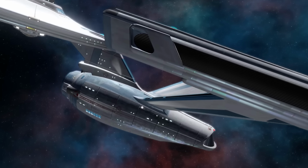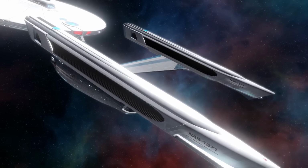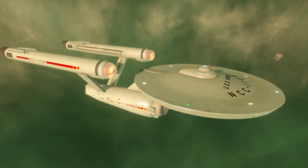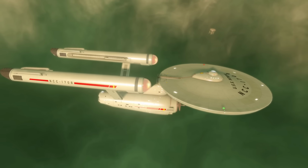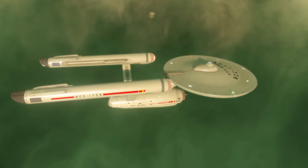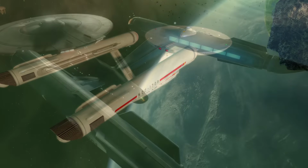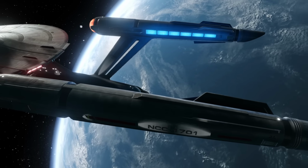And while the Constitution Mark II, in my opinion, looks even better, it does mark the beginning of its end. This was the last attempt to keep it relevant as technology moved on, and while it did work, all it really did was keep it in line with models like the new Miranda and saw it outclassed by things like the Excelsior. Nevertheless, the Constitution class was created to be the poster of Starfleet and best typify that organisation: